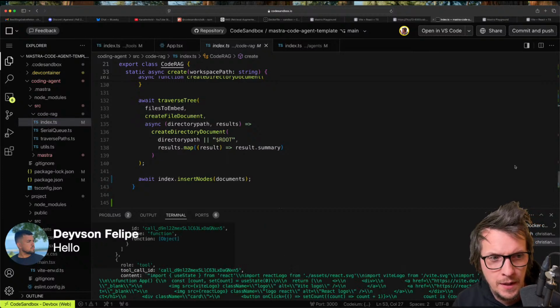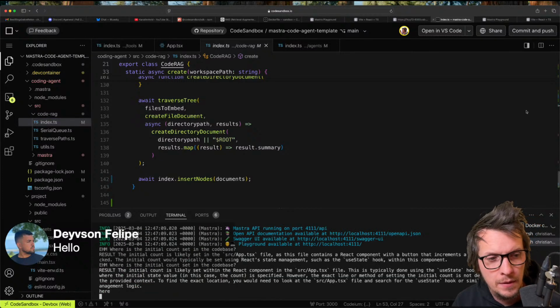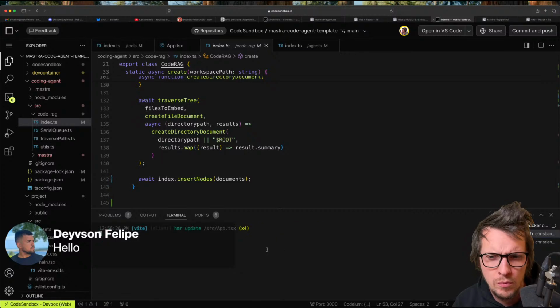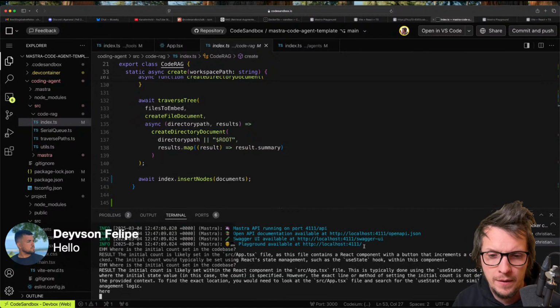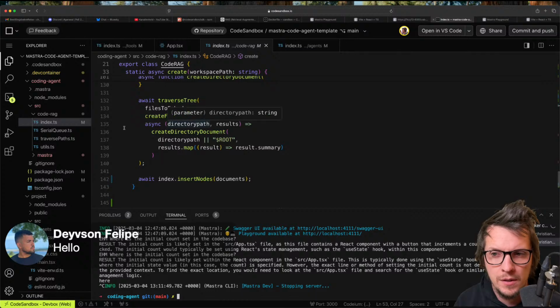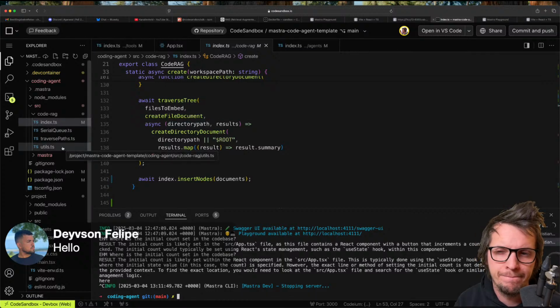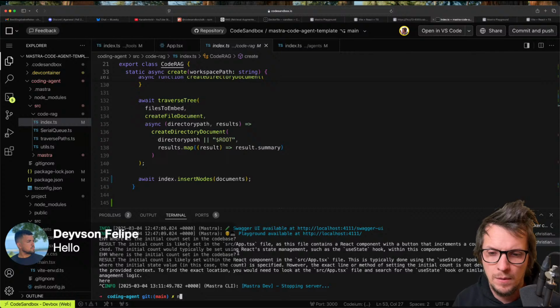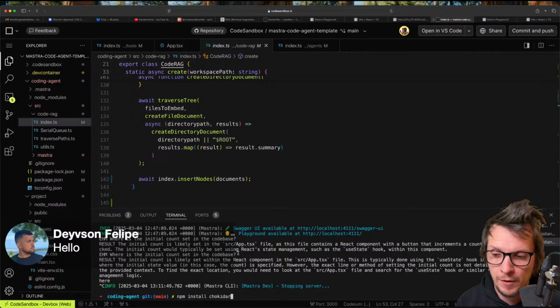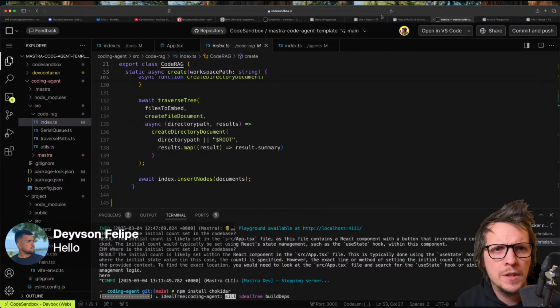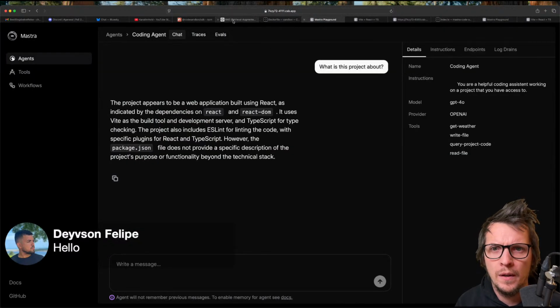So let's go in here and let's see. Let's close down the coding agent, and then we're gonna npm install Shukidar. The thing I'm reflecting on is that I'm actually not gonna. Okay, what we can do, we can just do some manual commits, right? Yeah. And then I want to check out this memory module. Rag